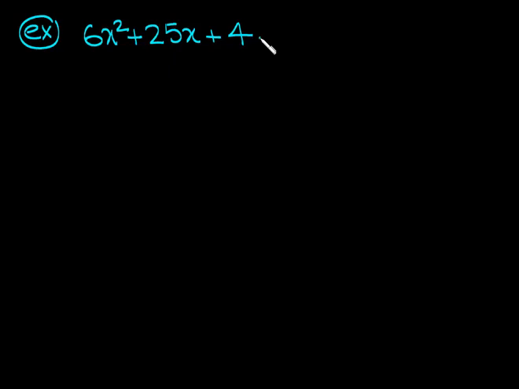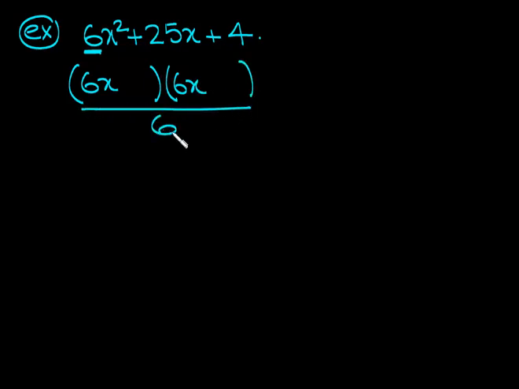This is a degree 2 polynomial. There's nothing in common, so we don't have to worry about the greatest common factor. I have 3 terms, so I need to use the AC method. So let's do that. The first thing I do, since I have a leading coefficient, is put 6x here. Go back and look at my notes. You can see we need to do that. We also need to put that 6, just the 6, on the bottom. Okay. Then we do a